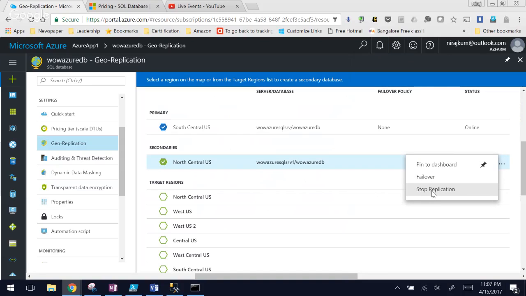And I can choose two things. I can make this one a primary. So I'll say failover. In that case, what will happen is this one becomes my primary. Now, any application which is making use of it will have to go and change the SQL Server name, because the SQL Server name is different, right? So depending on your use case, whether you will fail over or you want to break the application also. So if I say